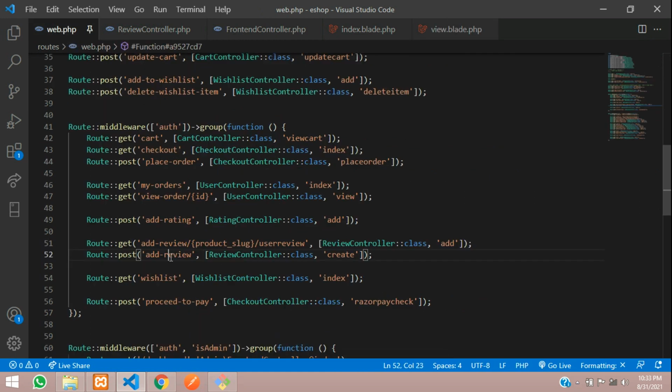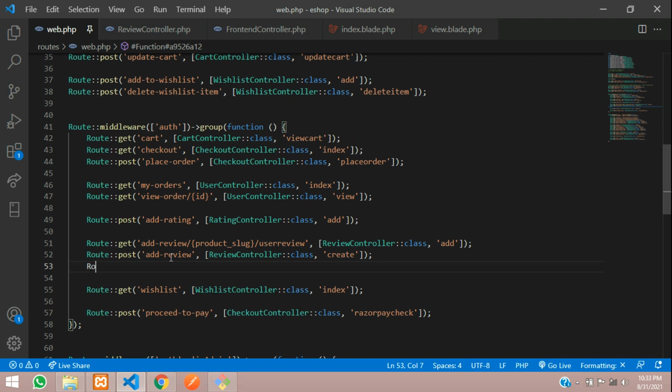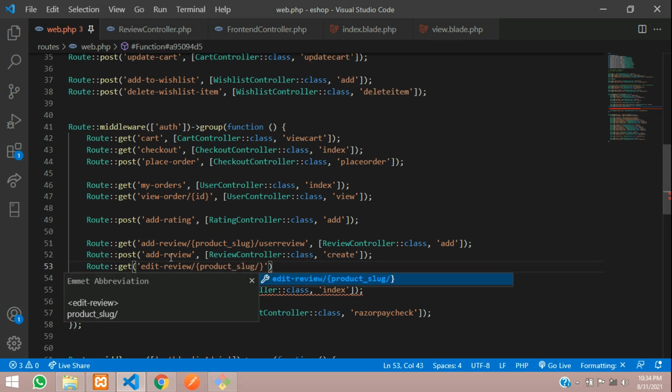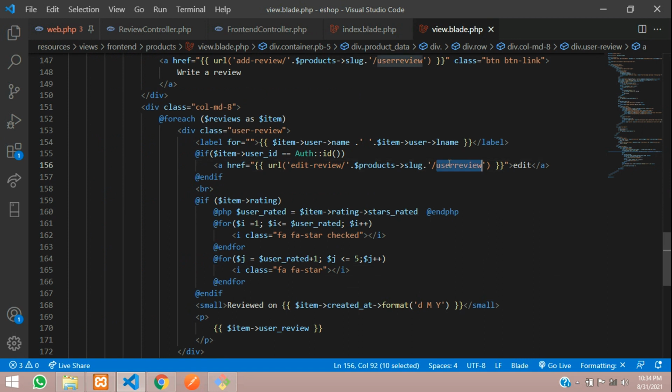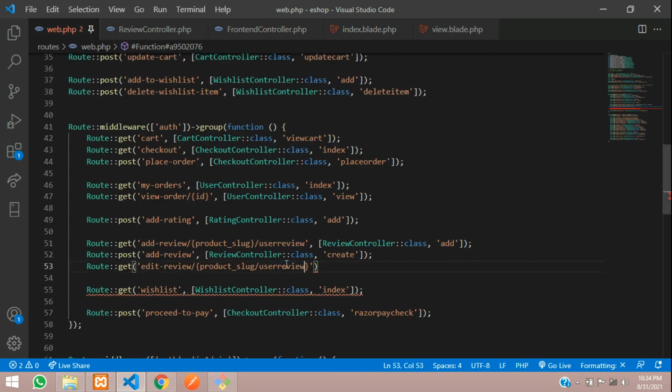and go to your web.php, say route get edit review slash, here we'll have the product slug and here user review. So you can just copy that from here, paste, and this closing bracket will be over here. Yes, so we'll send the review controller, and here we'll send to the edit function. Copy that and go to your review controller,